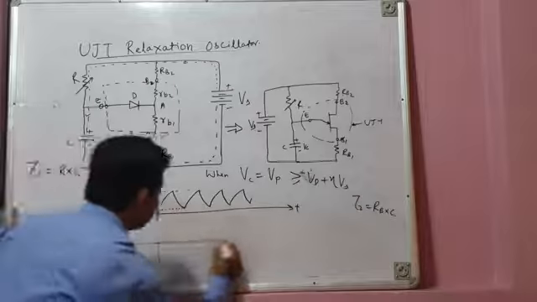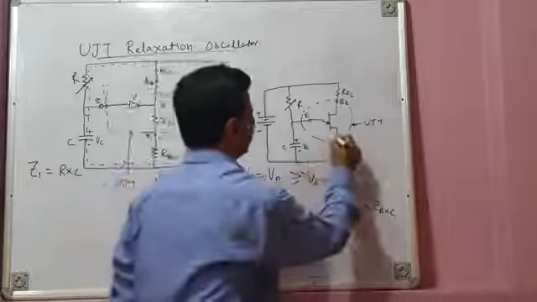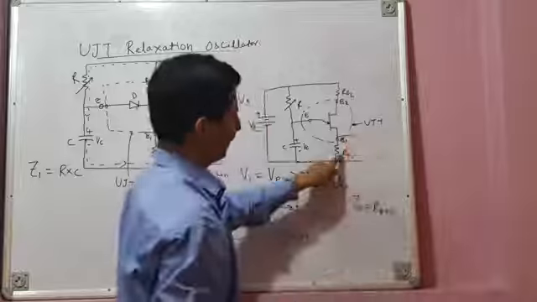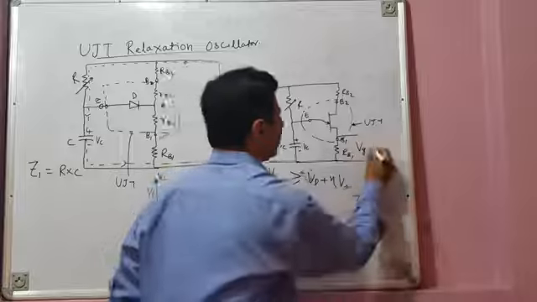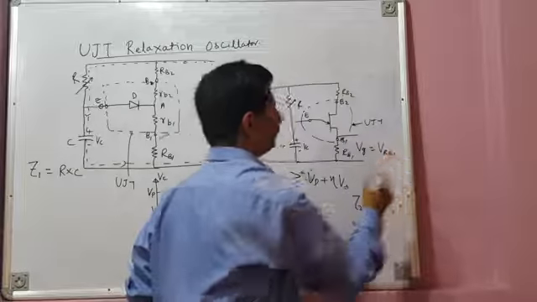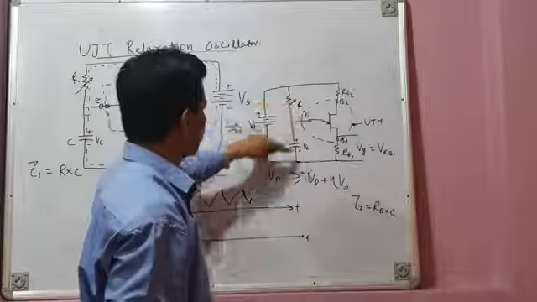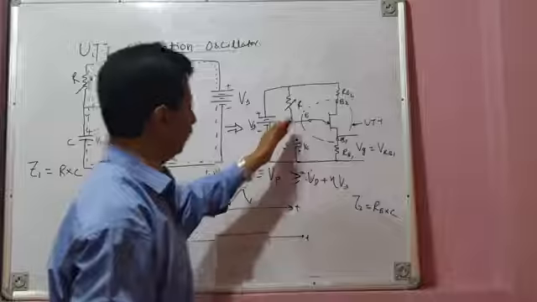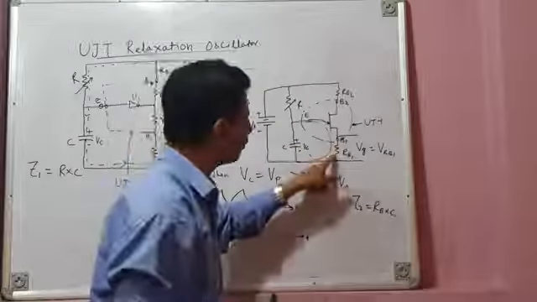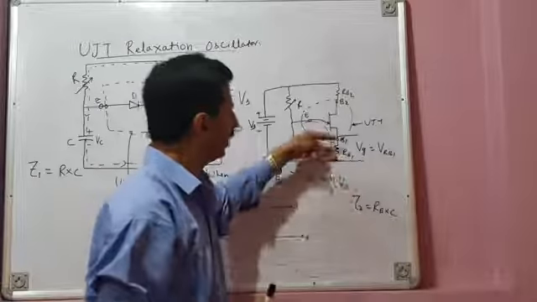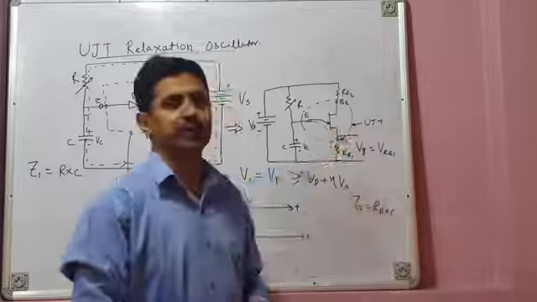Now, in the next graph, I will show you the control pulses. The control pulse is obtained across this resistance. Let us call the control voltage VG. Now, VG is same as voltage across RB1. In fact, when the capacitor charges and voltage reaches peak point voltage, UJT goes into conduction and capacitor discharges like this and emitter current flows. When emitter current flows, that flows through RB1 and it causes a voltage drop, VRB1, across this external resistance, and that can be used as a firing pulse.